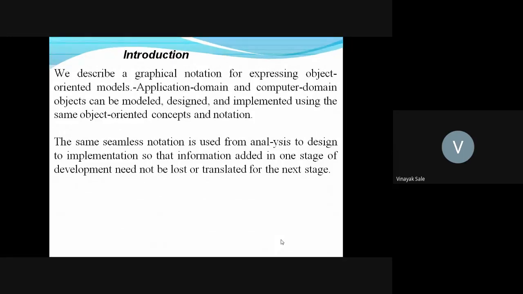Application domain and computer domain objects can be modeled, designed, and implemented using the same object-oriented concepts and notations. The same seamless notation is used from analysis to design to implementation, so that information added in one stage of development need not be lost or translated for the next stage.